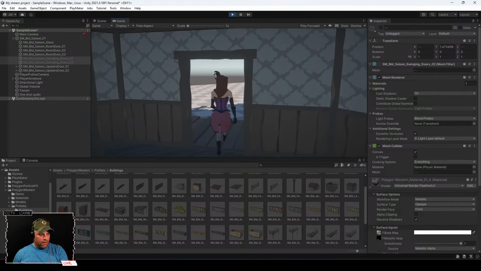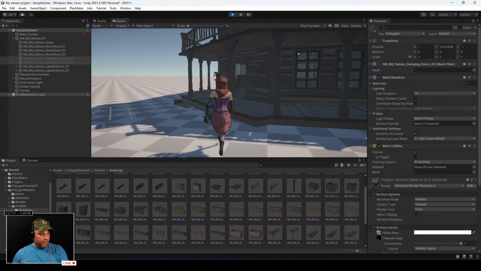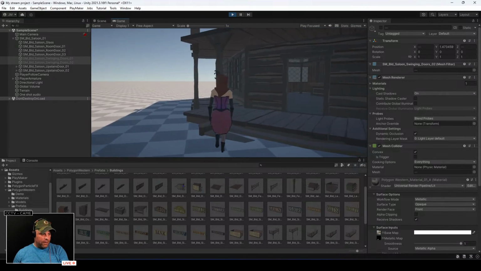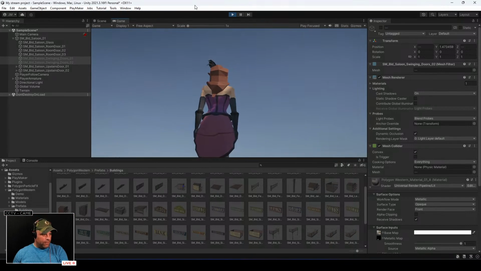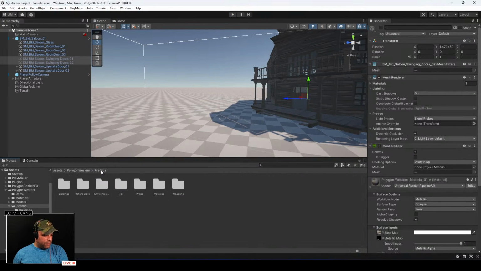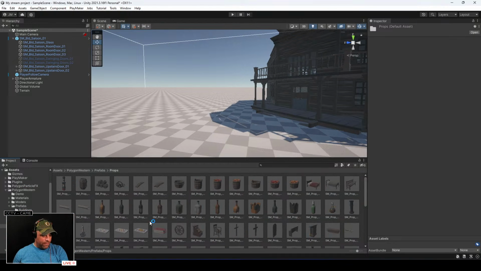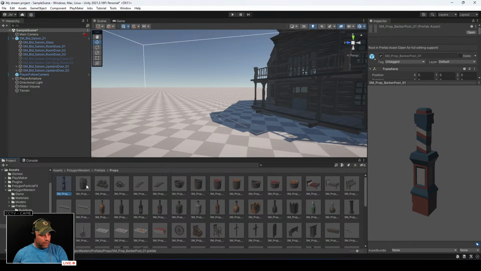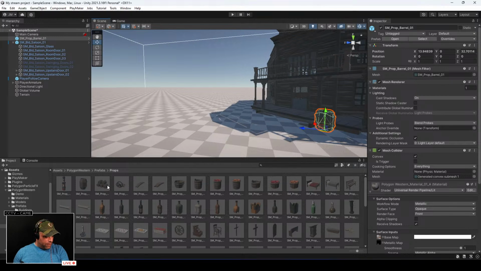But, boom, we got a building, right? So we could just leave the saloon there and say, okay, cool, that's going to be the saloon. What's outside of a saloon? Let's look at some props, or what's in the saloon. So we can go back to prefabs, and we can go to props, and we've got all sorts of stuff, like pages and pages of items and items and items. Barbershop pole, barrel,